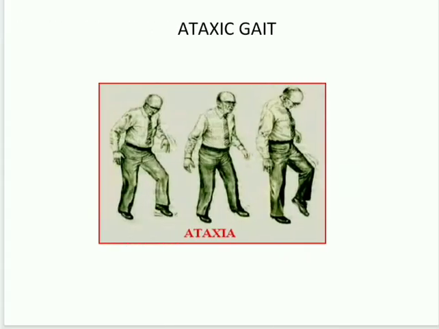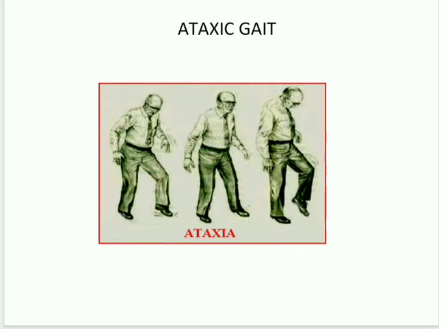If we see ataxia in sensory ataxia, it is seen in tabes dorsalis. The patient raises the foot. What happens? The patient raises the foot in the air, but with a small amount of force he keeps it down. And next, from the front in a certain manner he will stamp on the floor.